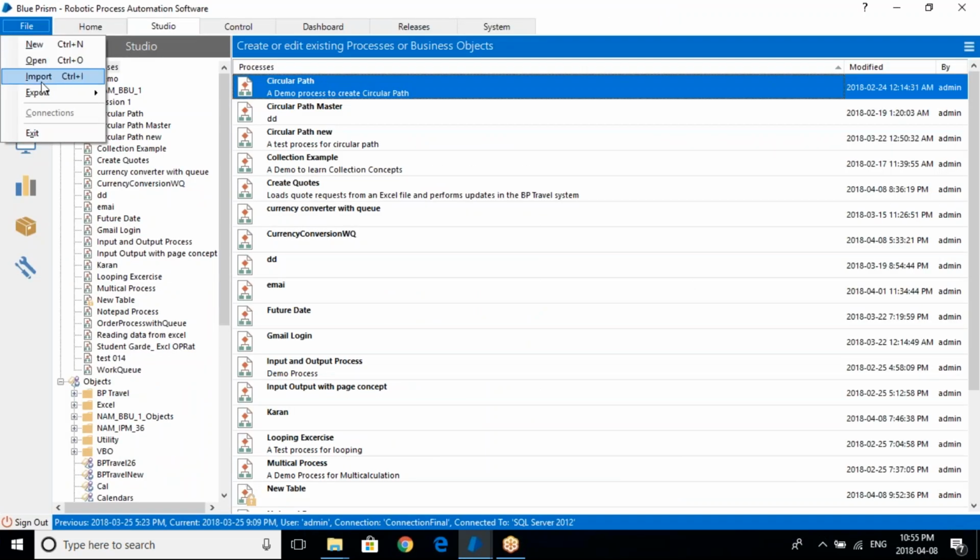Once you go and import it into your QA environment from the Blue Prism server, that particular BP release file will be available in your QA environment server. Now there you can start performing testing, and similarly you can deploy that into production. But you just have to make sure, whenever you are making some new changes,